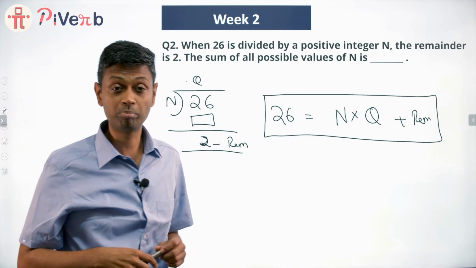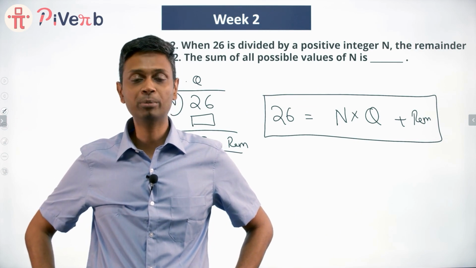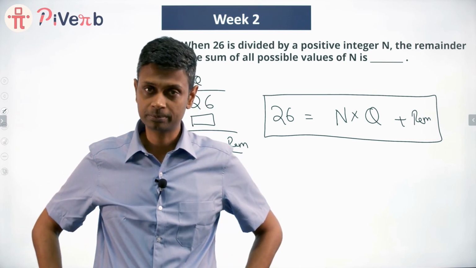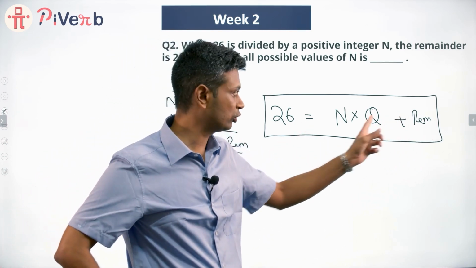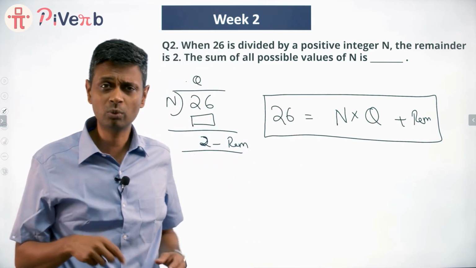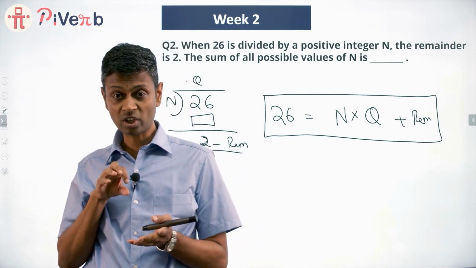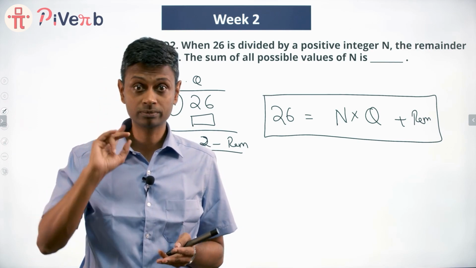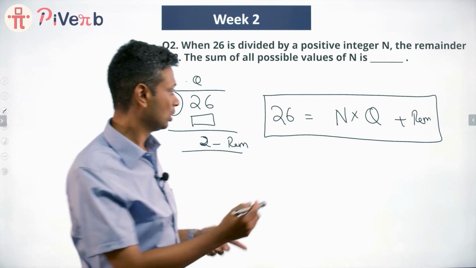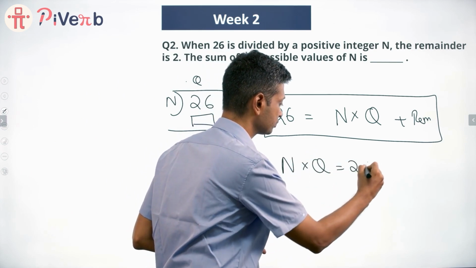Write it down somewhere. Write it down on a big sheet of white paper. Stick it in your room where you study. Write it down in your math notebook. Very crucial thing. It's a fundamental property that's going to chase you throughout. Any number is divisor into quotient plus remainder. You divide 26 by n, you get remainder of r, quotient of q. 26 is n into q plus r. Now the remainder is 2. What does that mean logically? I divide 26 by n, 2 remains, or this n goes some number of times to account for 24. 2 remains from 26. You remove this 2, 24 can be accounted for. Or n into q is 24. Lovely.